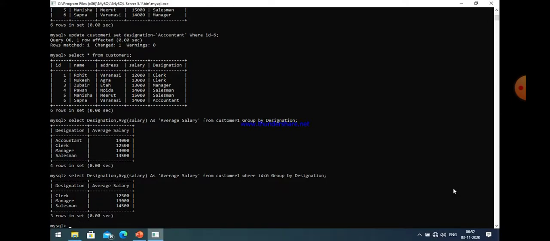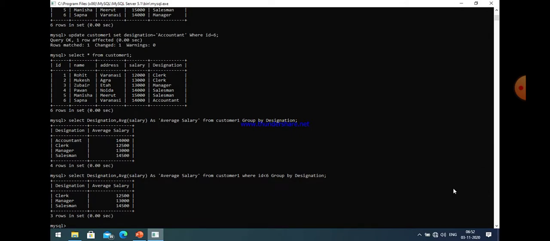Now you can easily see that the accountant designation is not part of the output, because in the main table customer, Sapna is an accountant and has id 6. So the record related to Sapna will not be part of that output.